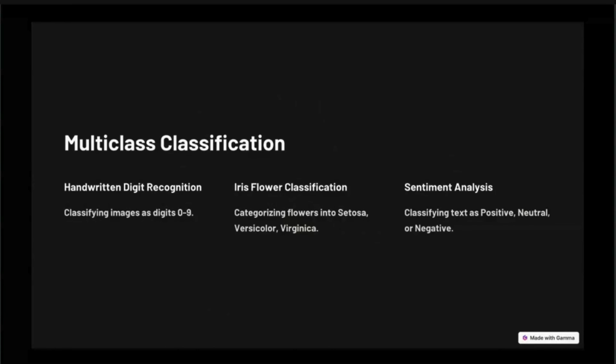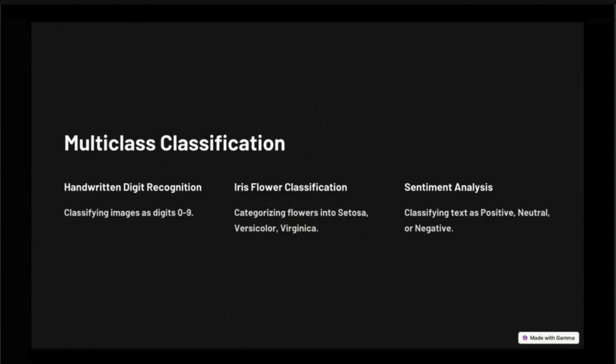Disease diagnosis: predicting whether a patient has diabetes, hypertension, or none. Image classification: categorizing an image as cat, dog, or horse. There are different types of animals in the image, like a cow, cat, dog or horse, so we have to classify that.